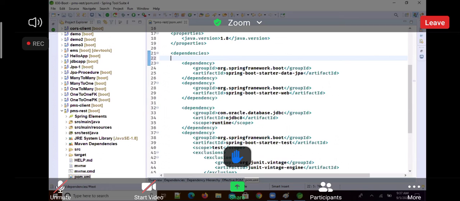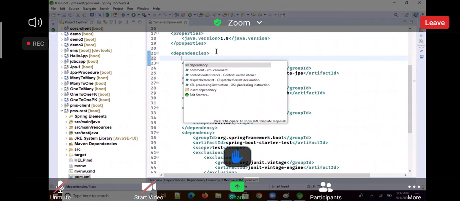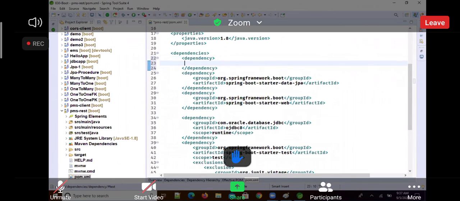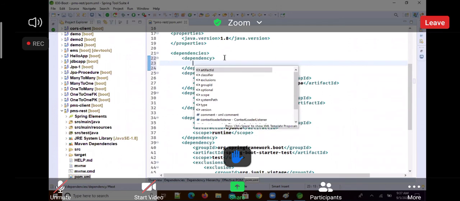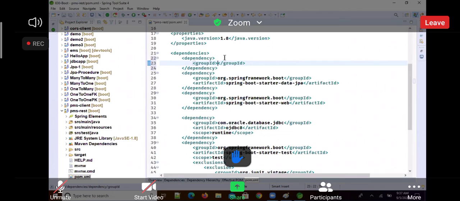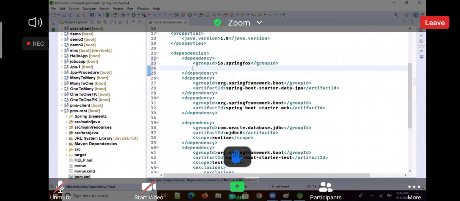So first we will have a dependency tag, and this is the group ID, io.springfox. I think we have version 2.9.2.